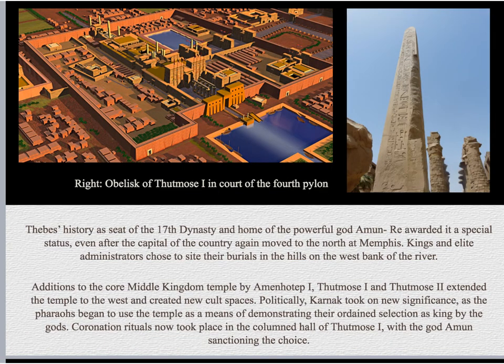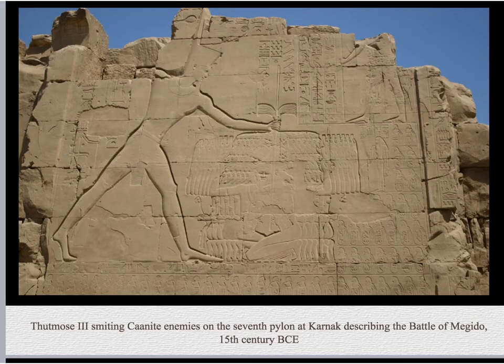So again, Thebes was the capital, and even though the capital changed over time, this continued to be an important site because there were so many festivals and processions that originated from here. And I just talked about the statue of Amun-Re. They would, again, take the statue of Amun-Re out and parade him around as part of these religious festivals. And so one of the reasons that this continued to be an important site even after the capital was moved is because of this temple and the fact that the pharaohs continued to add to this to show their legitimacy